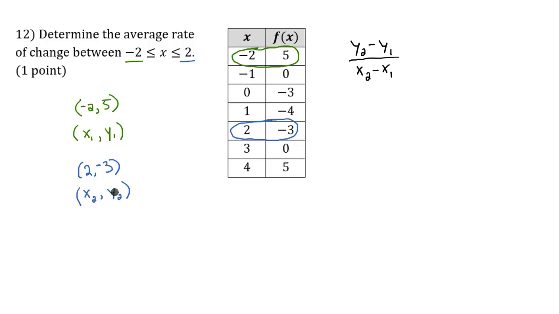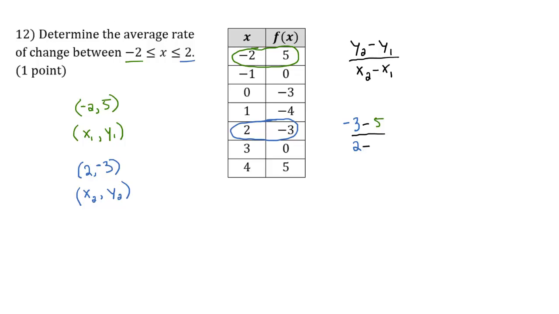So now I'm going to take my values and plug them into my formula. I'm going to start with my y2, which was -3, and then subtract my y1, which was 5, and then divide that by x2, which was 2, minus